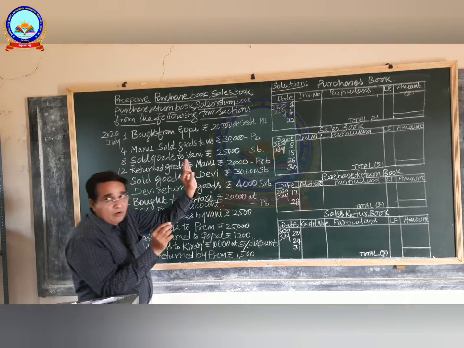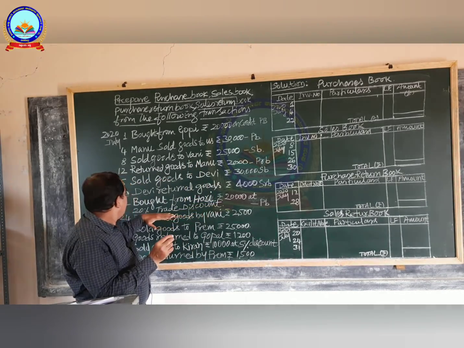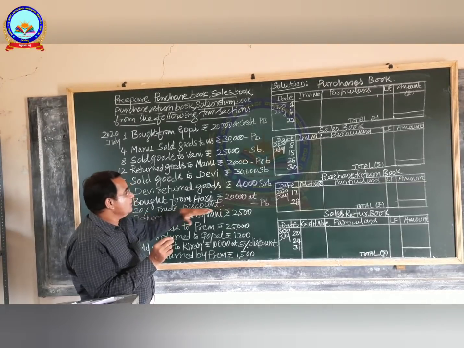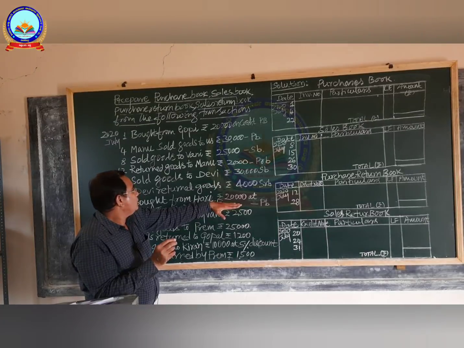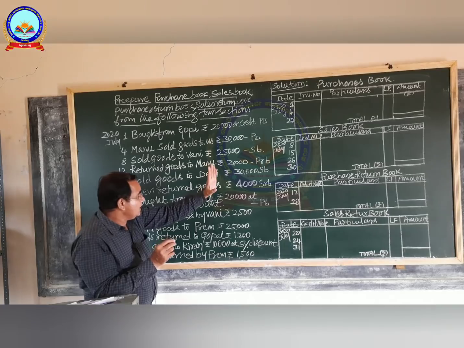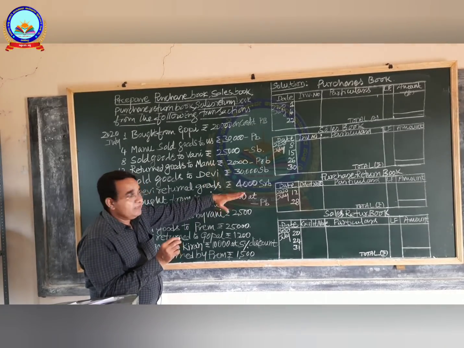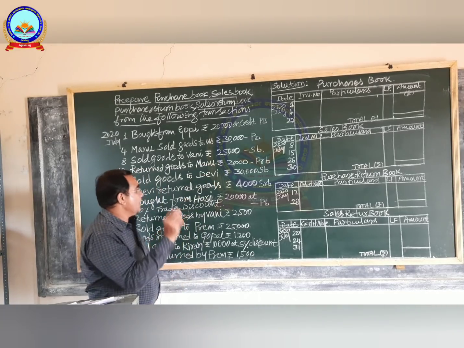While entering the amount in the purchasers book, deduct the amount of discount from the total value of rupees 20,000. I mean, 20% on 20,000 comes to 4,000. It should be deducted from 20,000. The net amount of 16,000 should be entered in the purchasers book.